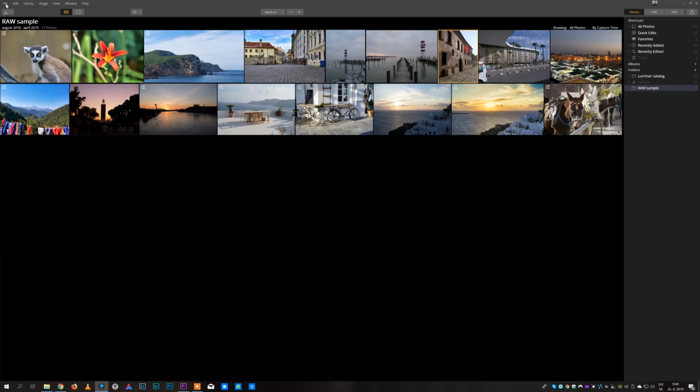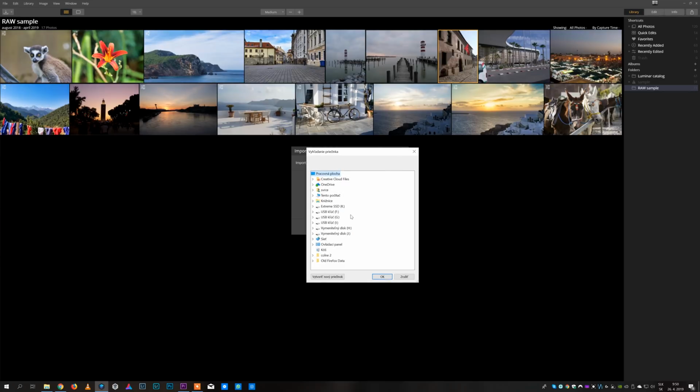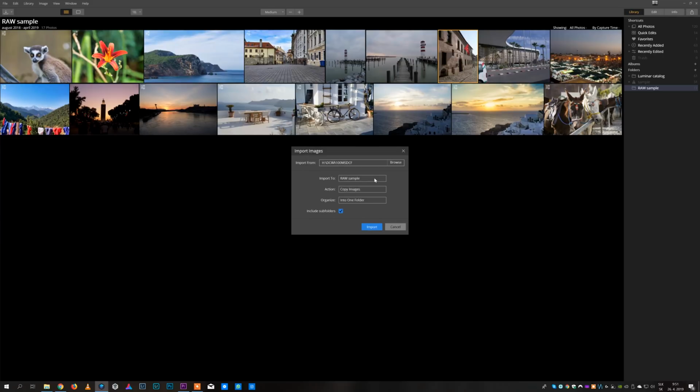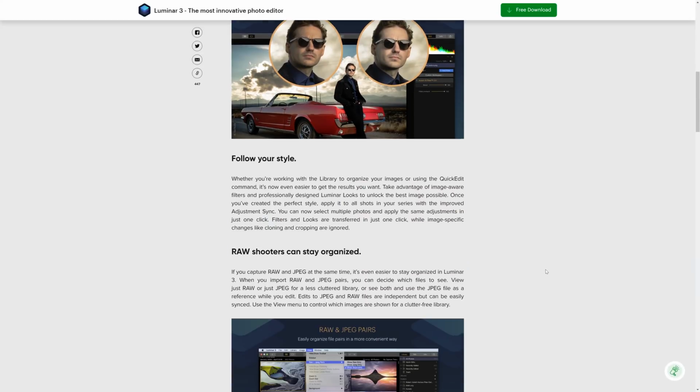Another addition to version 3.1 is that now you can import pictures to Luminar Catalog from SD card or folder in your computer. You can also set it to create a folder structure where your shots will be stored by date. Unfortunately, it is not possible to select which photo will be imported, so I hope that it will be added in the future. You can still just manually copy the picture to your Luminar library and it will recognize those immediately. There are some other improvements and you can also take a look at those in the link in